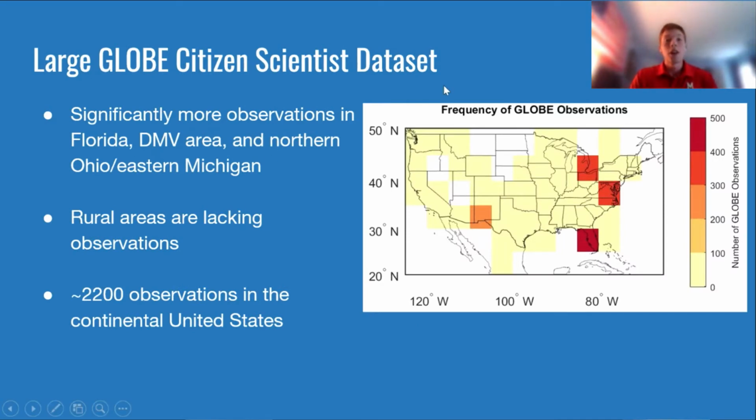Another data set that we utilized is the larger Globe data set. What differentiates this from our Terminator data set is that the larger Globe data set encompasses all of the observations that citizens have made, no matter the time of day. What makes a citizen's observation a Terminator observation is if they add a caption to their photo and type in Terminator. So if citizens are taking photos during the Terminator, but they're not including that caption, then we don't have access to that data.